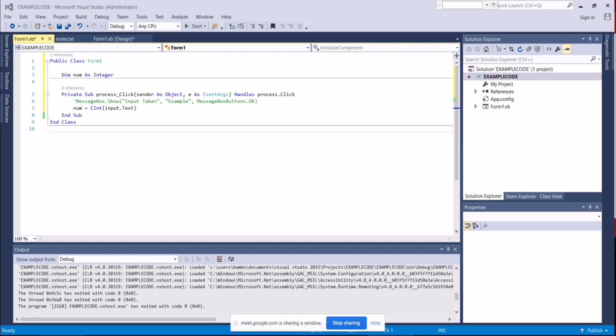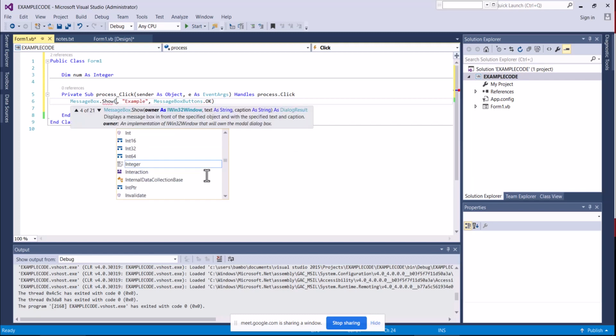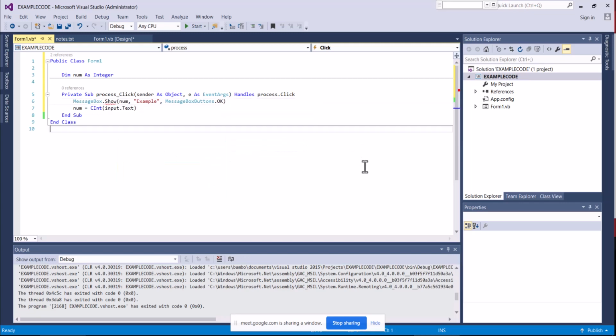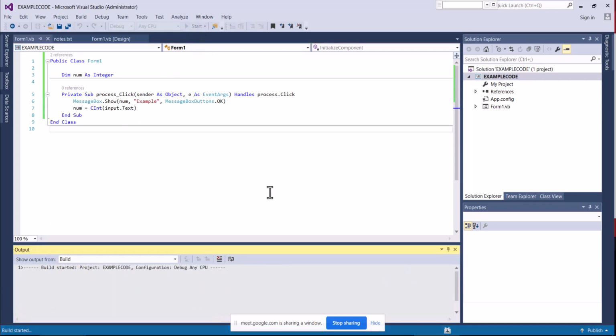So like we said, we want to be able to use our variable in that particular manner. So we replace input.text with our num, like that. So as you can see, num accepts that aspect. But if you remember, I was asking you, have we actually initialized our num? So if we run our project,